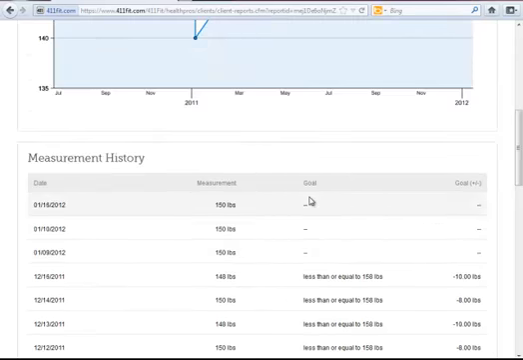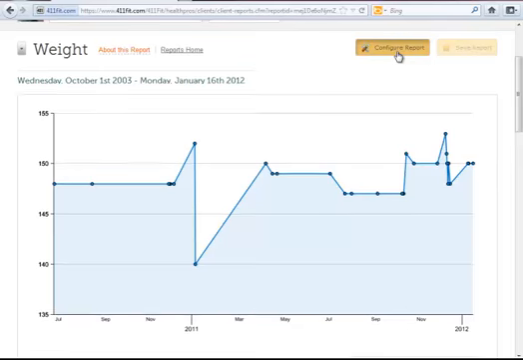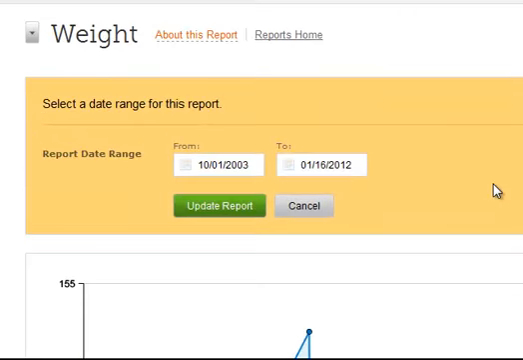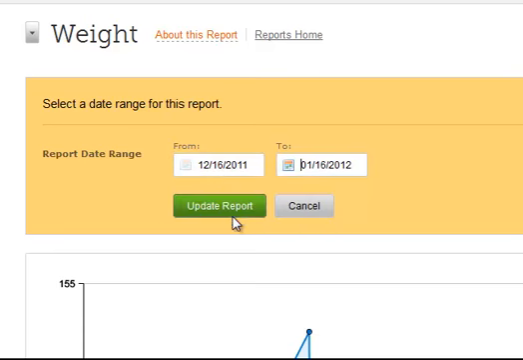As I scroll back up, I can change and configure this report for a different time frame if I like. I will click on Configure Report, and here update the time frame that I'd like to see. I might want to look at a shorter time frame to see more recent changes in weight. Let's do a month time frame. I will hit Update,